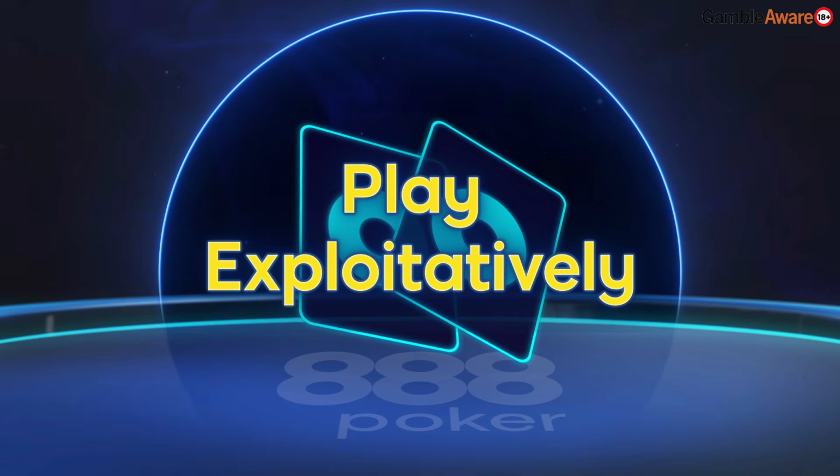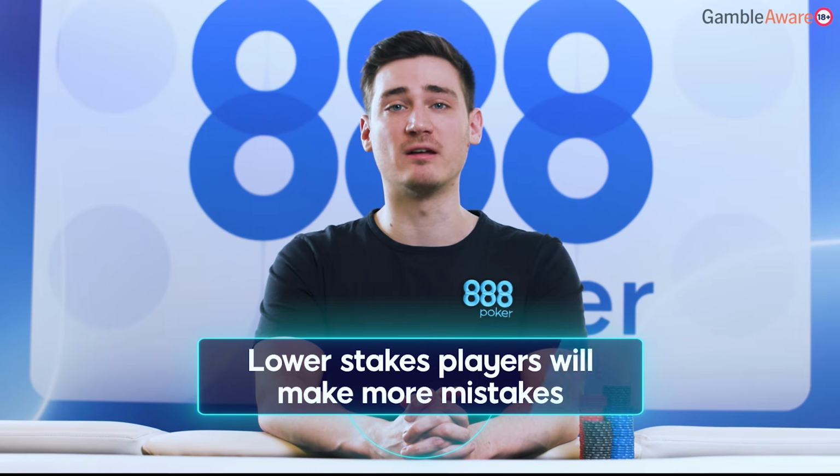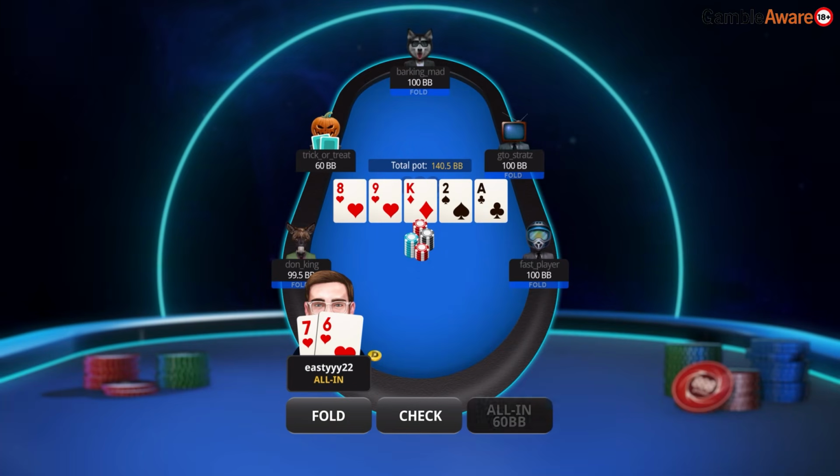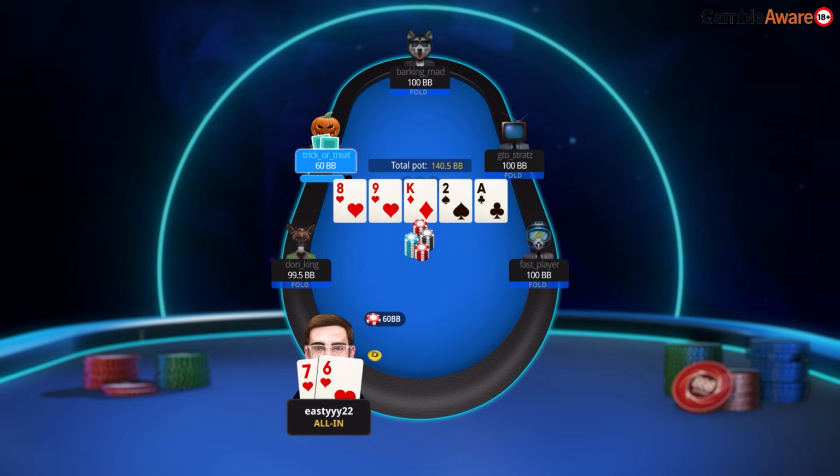Play exploitatively. This is similar to my previous tip, but it's more specific. The fact is that there is a much higher volume of weaker opponents at lower stakes than at high stakes, and they are all making far more errors that we can and should punish. For example, you might be playing against a player that just won't fold. You've seen them around a few times, tried a few bluffs, but they always seem to call you down with